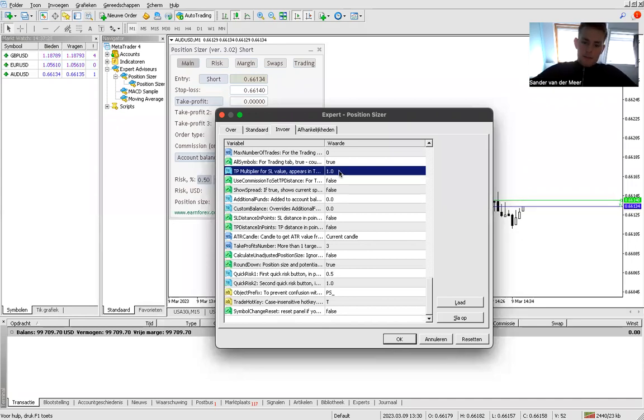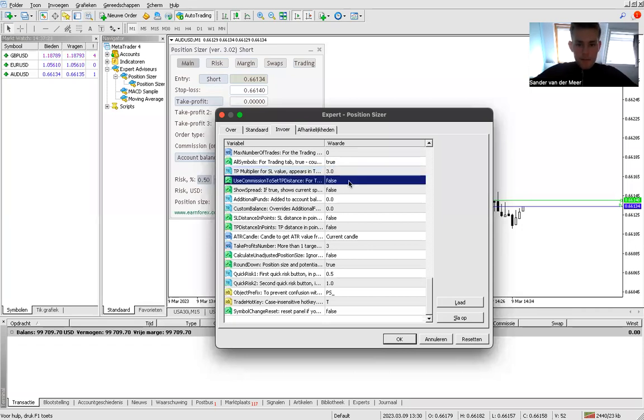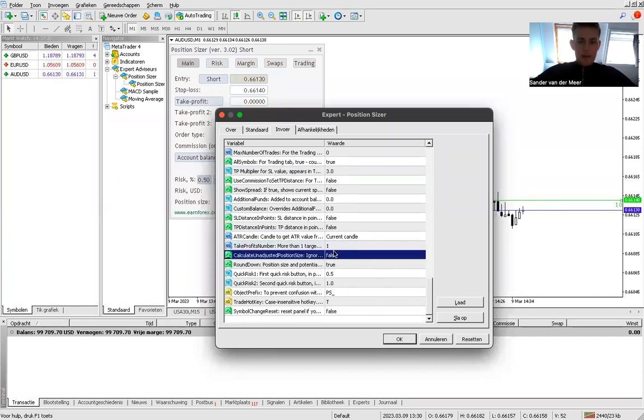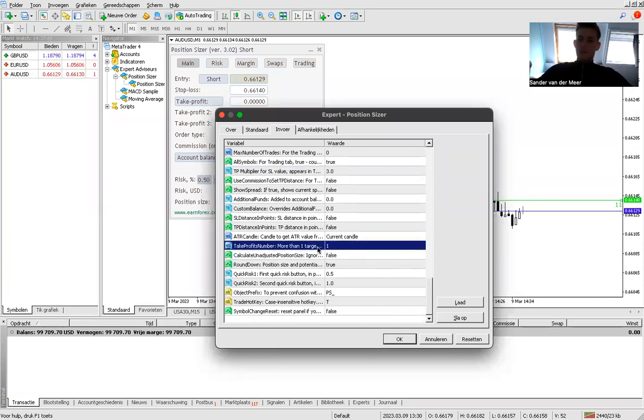Basically what this does, if you change this up to 3, and just to make things easy, I'm gonna take down the take profits number to 1 again. So you want to trade with 1 position, and you always want to trade at a 1 to 3. Now you don't even have to calculate your take profit anymore. If you set your stop loss now,